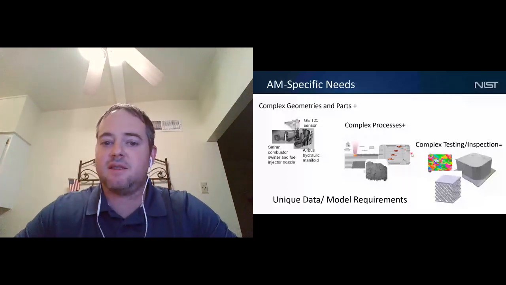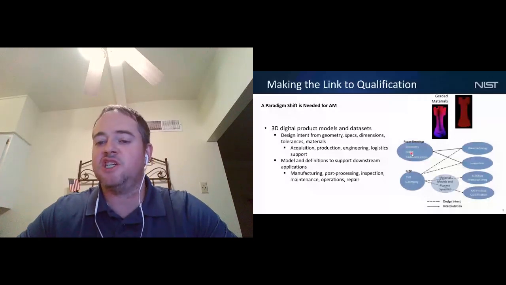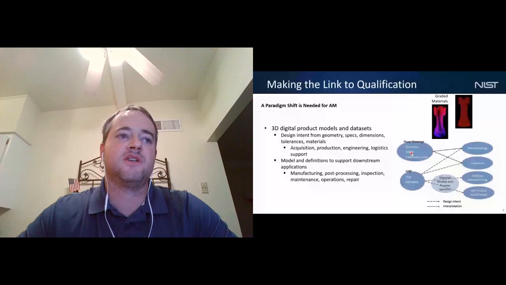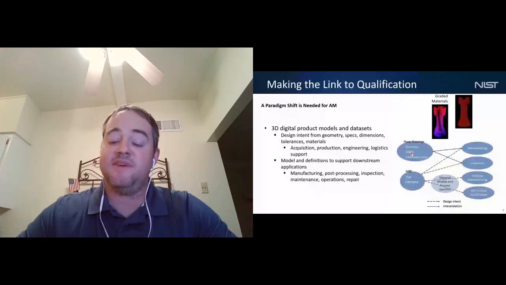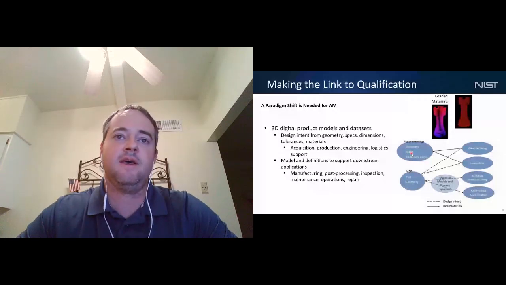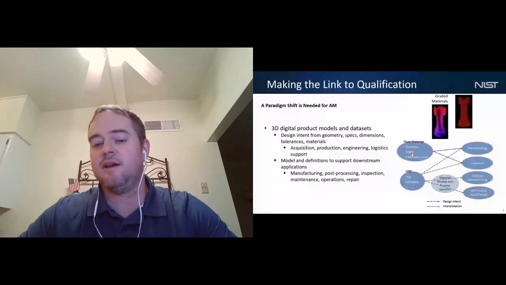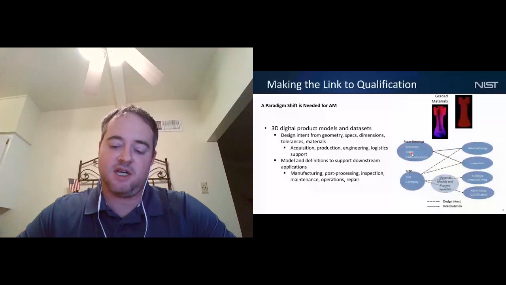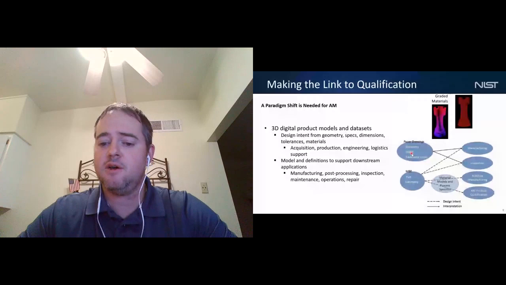And as I mentioned, those requirements go past just creating a part and communicating some unique geometry. It also goes into the designer communicating with the manufacturer. If you design for additive manufacturing, there are specific design considerations that somebody wants to communicate to the manufacturer, or the manufacturer communicates back to the designer to say what the limitations are on the design that they created.